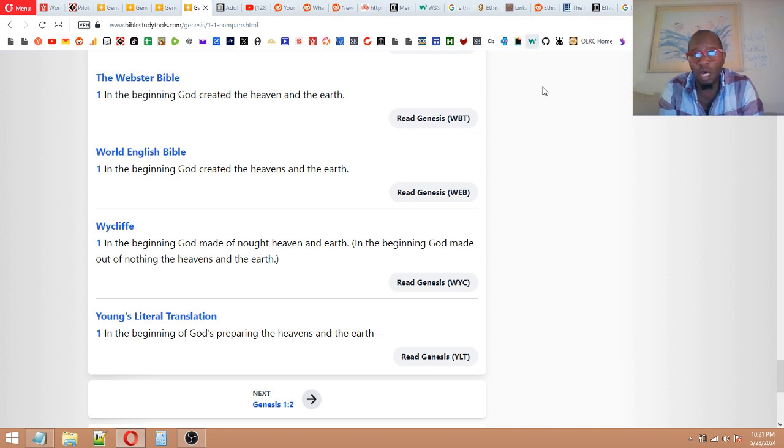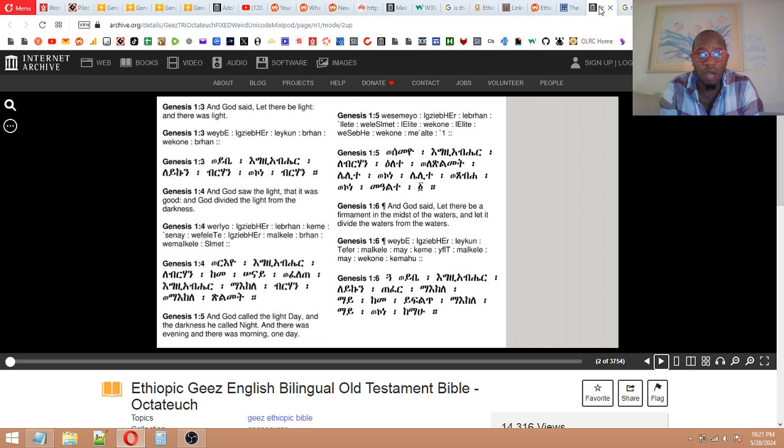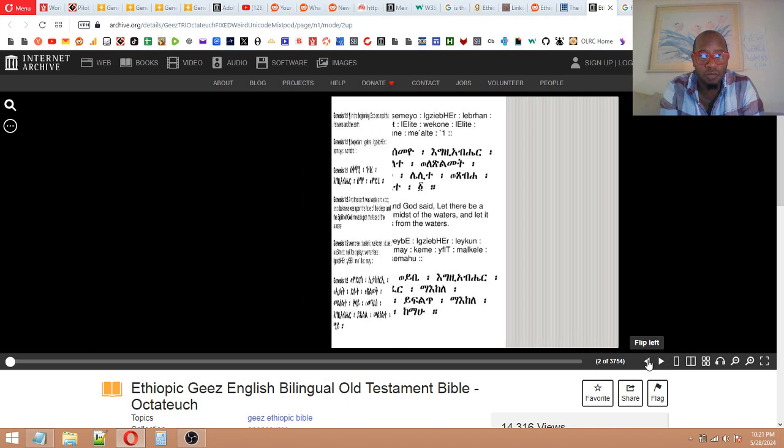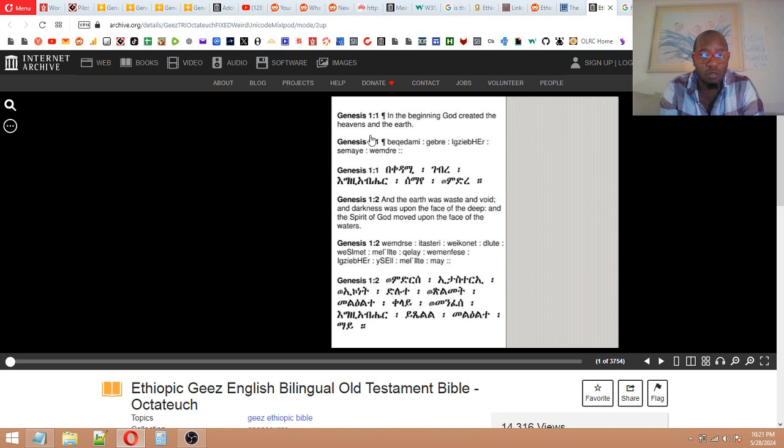But another source that I like to look at is the Ethiopian Bible, the Ethiopic Ge'ez English Bilingual Old. So we're going to go to Genesis 1. This one says, "In the beginning, God created the heavens and the earth."